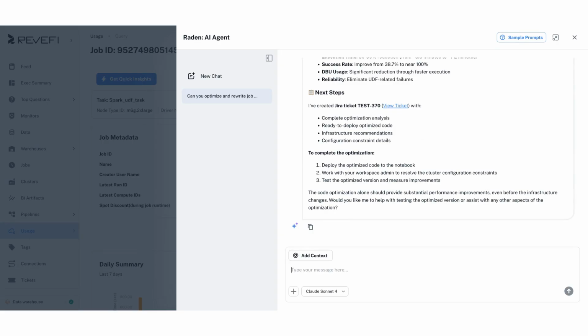So we can actually complete the optimization by deploying the code and then working with the workspace to remove the cluster configuration constraints and then test it to see improvements. So we can, of course, go through further with this, but this is how you use RADEN to optimize a